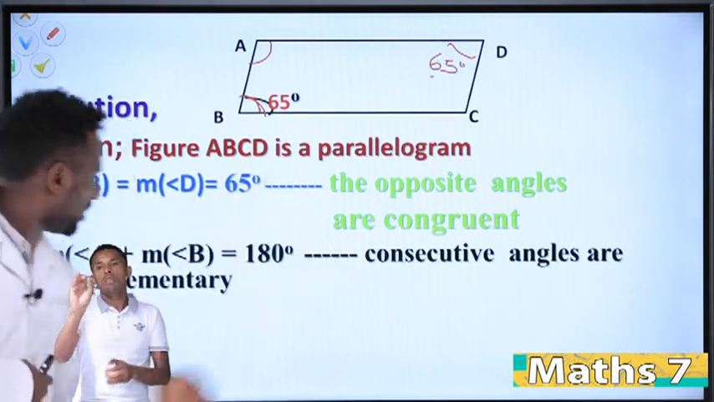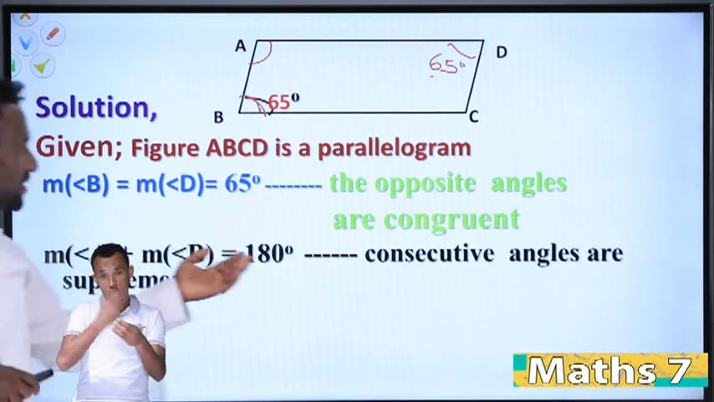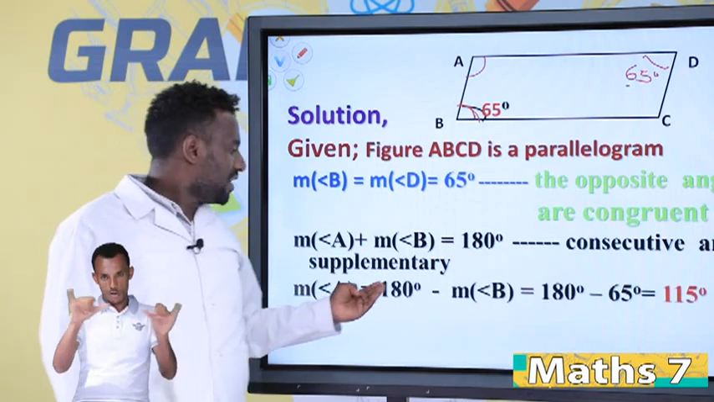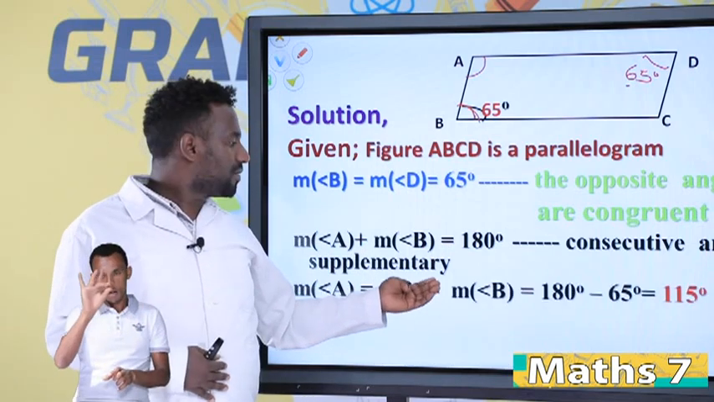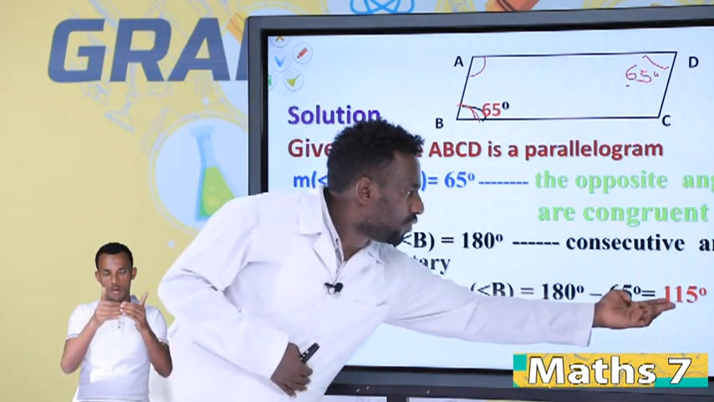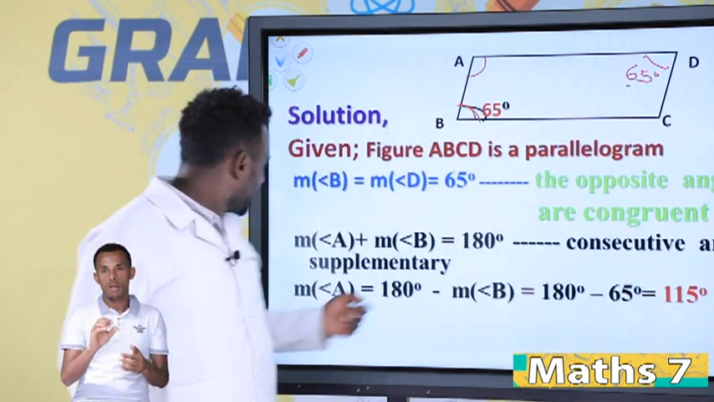Because the consecutive angles are supplementary, the sum is 180 degrees. So the measure of angle A is 180 degrees minus the measure of angle B, which gives us 115 degrees. So the measure of angle A is